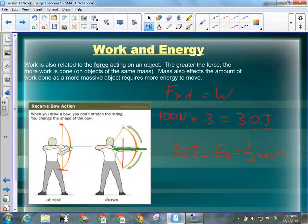That's the kind of things we're going to be doing with the work energy theorem. Using force and distance to calculate either kinetic energy or potential energy or something about that, either the height it is above the ground or how fast it's going. Does everyone follow? So more often than not, we're going to have force times distance equaling some form of energy, either kinetic energy or potential energy,